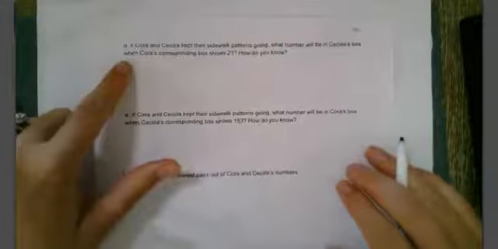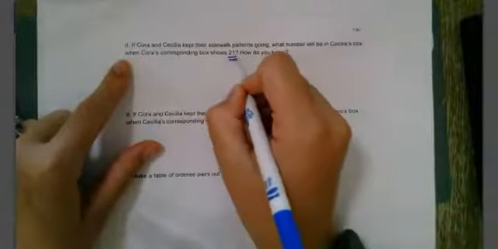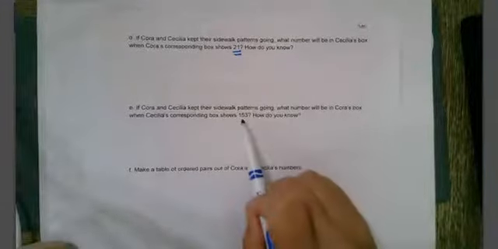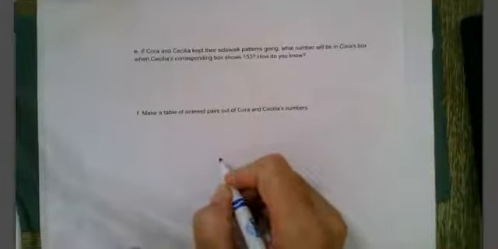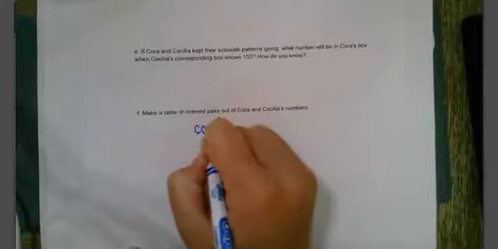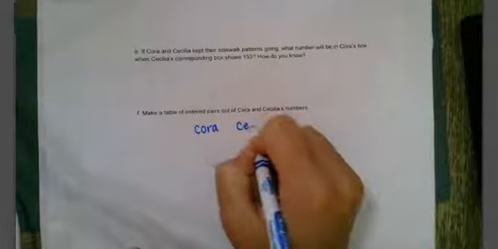If Cora and Cecilia keep their sidewalk patterns going, what number will be in box 21? So now you're not actually going to list out 21, but you're going to use the information you've gathered so far in order to decide the 21st box. If Cora and Cecilia kept their sidewalk patterns going, what would it be in the box 153, and how do you know? And then finally make a table of the ordered pairs for Cora and Cecilia's numbers. So Cora's, and then Cecilia,